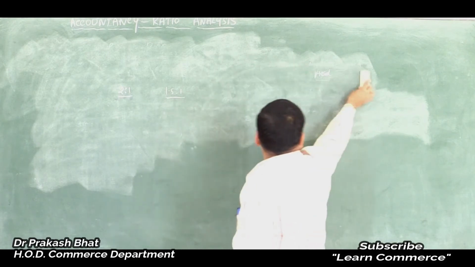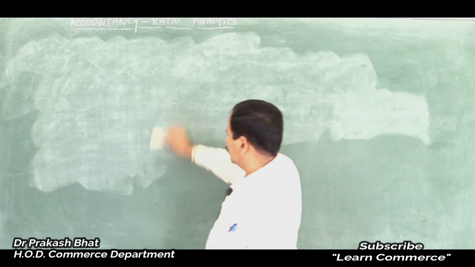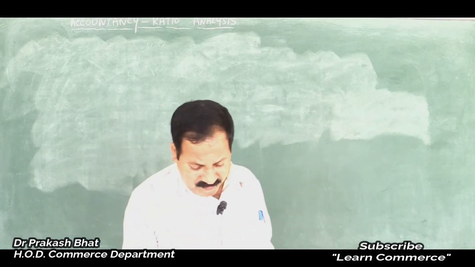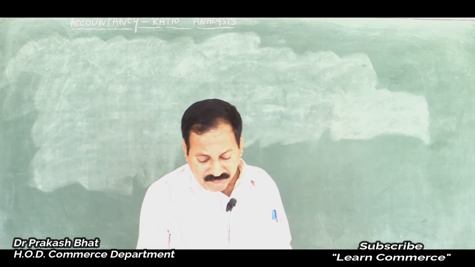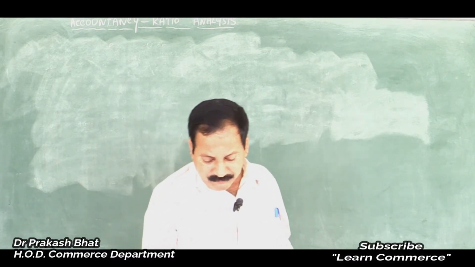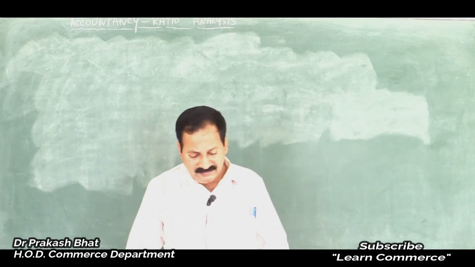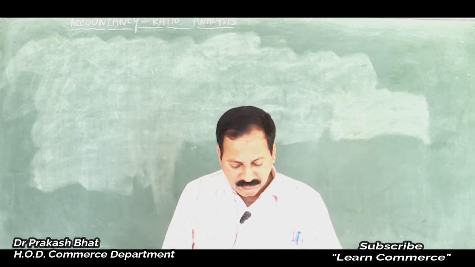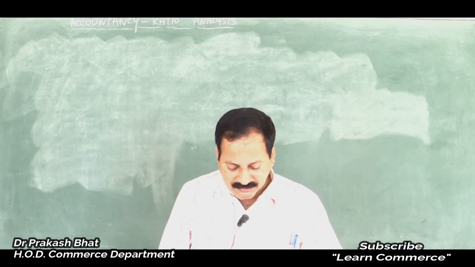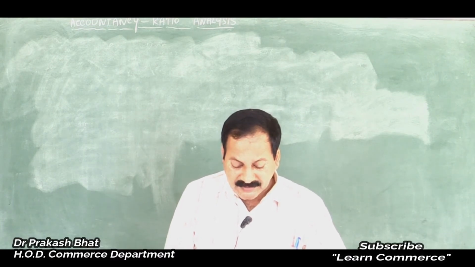I'll read out the problem, we'll analyze, then we'll solve the problem. Very simple problems. These are 6 marks problems. Clear? Following is the balance sheet of Fargana Company Limited as on 31st March 2018. Balance sheet is given. Equity share capital, 8% debentures, profit and loss account, bank overdraft, creditors, provision for taxation. On the asset side, buildings, stock, debtors, cash in hand, prepaid expenses.